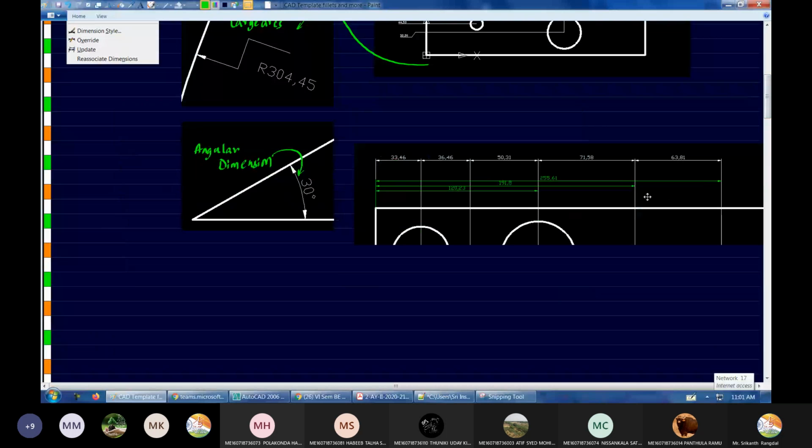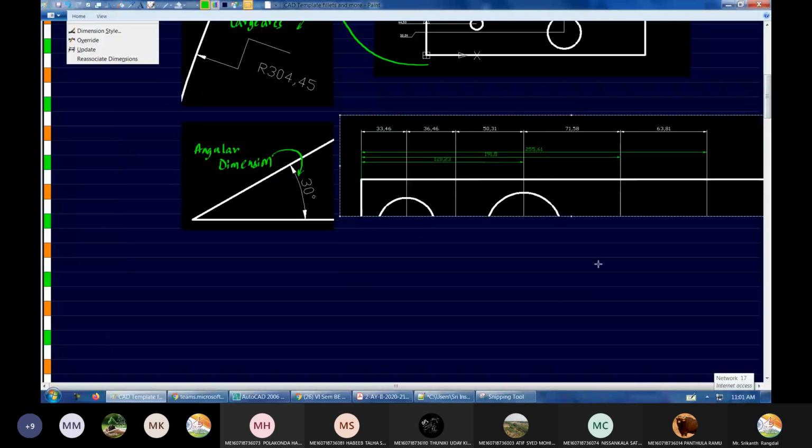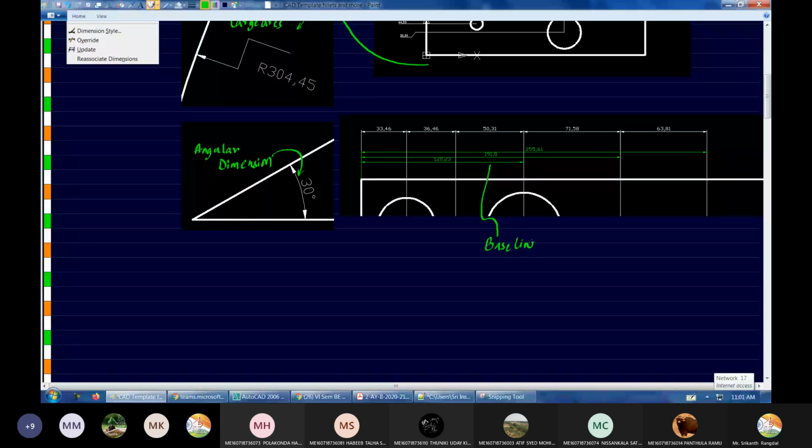What you are learning here now was not there in the old syllabus, and it's difficult to predict what kind of questions will be asked based on this. So I'm just trying to explain to you everything that could be possible. So this is called baseline dimensioning.